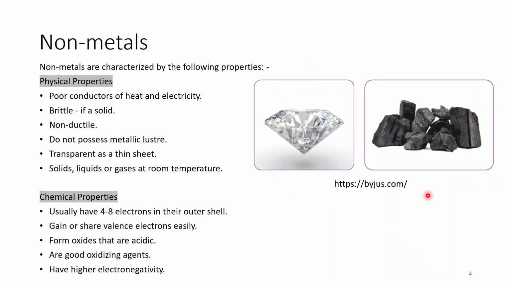Next you have non-metals. Non-metals are characterized by the following properties. In case of physical properties, they are opposite of metals. They are poor conductors of heat and electricity. Some non-metals are good conductors of heat as well, but widely they are poor conductors of heat and electricity. They are brittle in a solid state, non-ductile, and do not possess any metallic luster. They are transparent when in thin sheet form, and they can be solid, liquid and gas at room